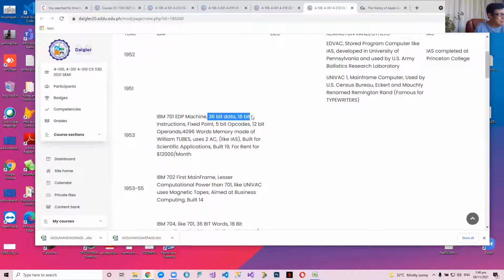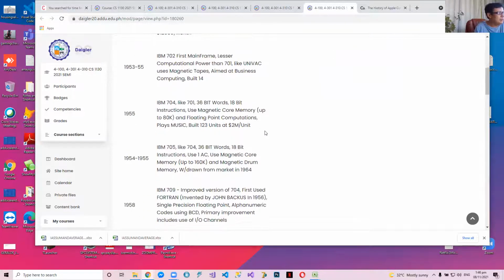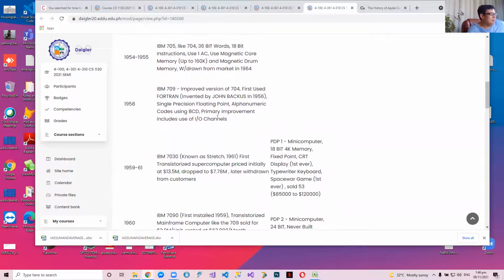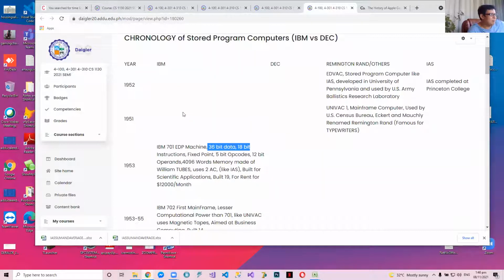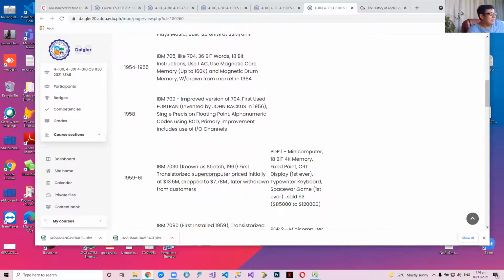So IBM is 36 by 18, IAS is 40 by 18, by 20. Okay, so 36-bit data and 18-bit instructions. And yeah, it continued to create or manufacture and sell very expensive mainframes, no? Do you follow? These are, in fact, the first generation of computers, which are electronic computers, those mostly made by IBM. By the 1960s, no,